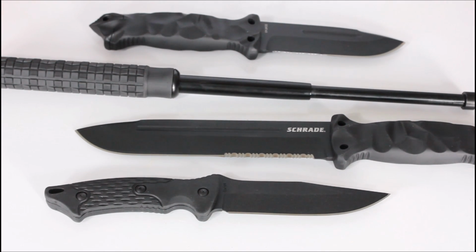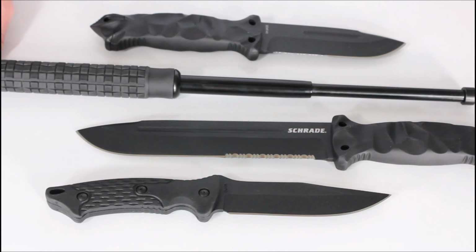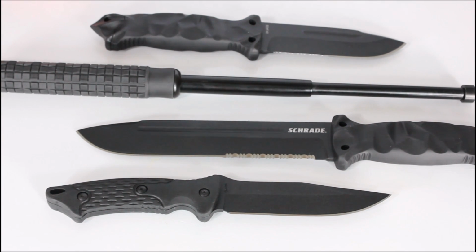Again, being someone who is not in full-time law enforcement or military, I'm always interested to hear from the experts out there what they actually think about different items that are for use. Certainly Schrade has built these geared towards folks in the tactical community, but let's hear from folks who've actually had experience using it. That'd be great to see in the comments down below, or certainly you can email me